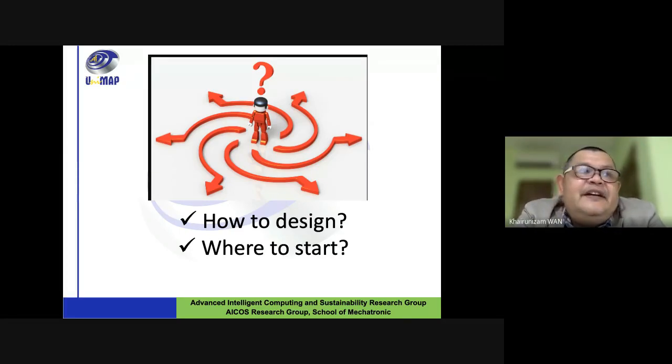In the first semester, they do planning. They design the final year projects. Then in the second semester, they start to implement it. Okay? They start to do the experiment. They start to do the data collection. They start to do the analysis. They start to draw the conclusion, whether the project achieved what they proposed in the first semester.